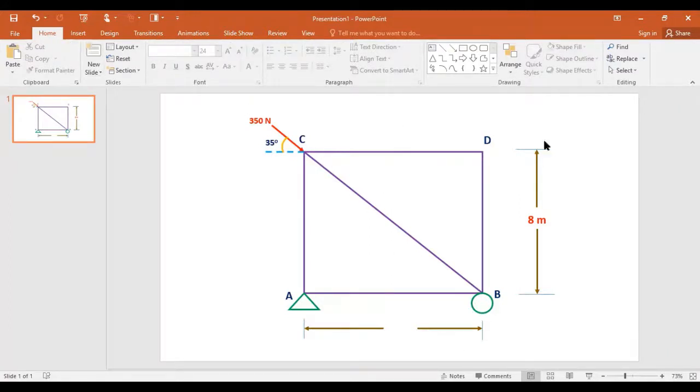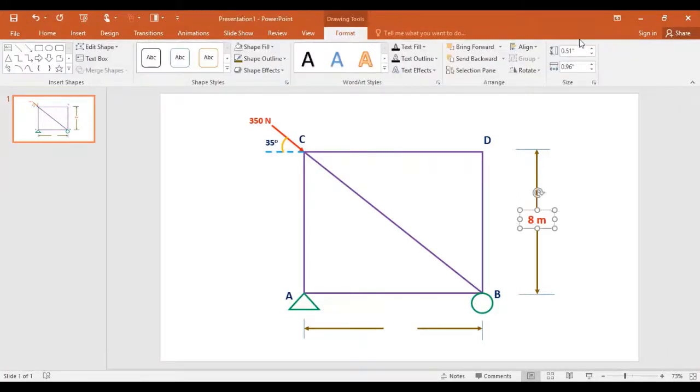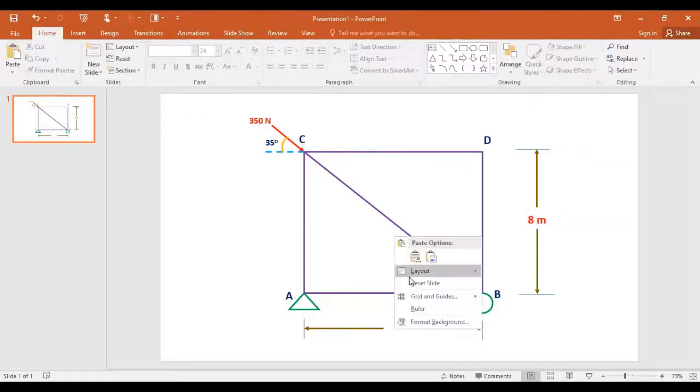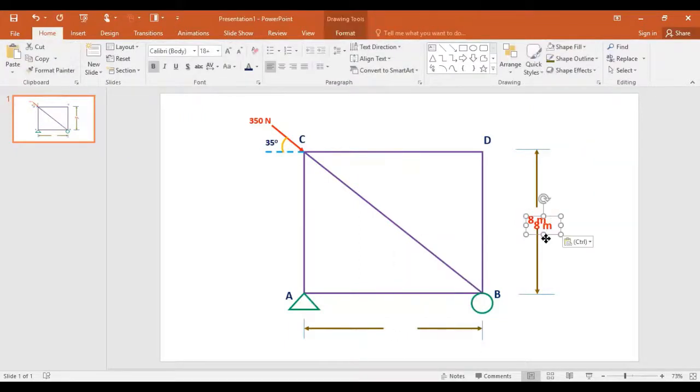For example, I am going to select this one, copy it and paste it here. So how can you do it? This one. For example, this length is 4 meter. 4 meter, I think it will look too small. So I'm taking it 6.5 meter. So I will increase its size, and you can see. Does it look nice? Yes, it looks nice and good.